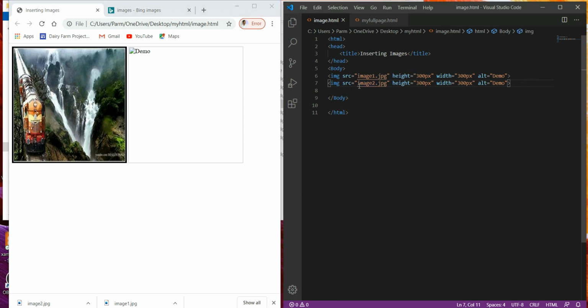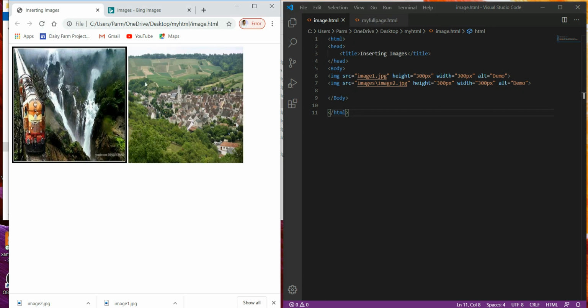The complete URL is that this image is saved in the folder images, and under images it is saved with the name of image2.jpg. Save it, correct it. Now this image is displayed. So this is the path when we have saved the image in another folder.